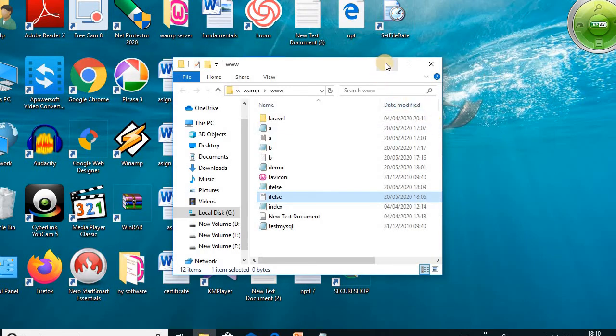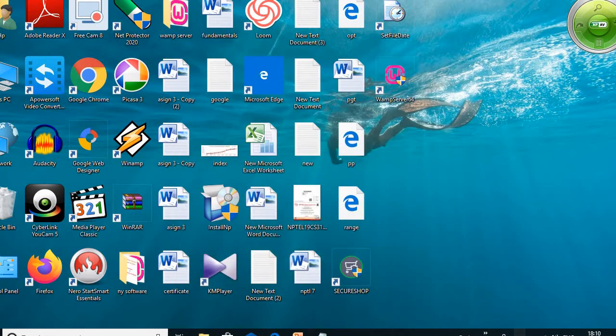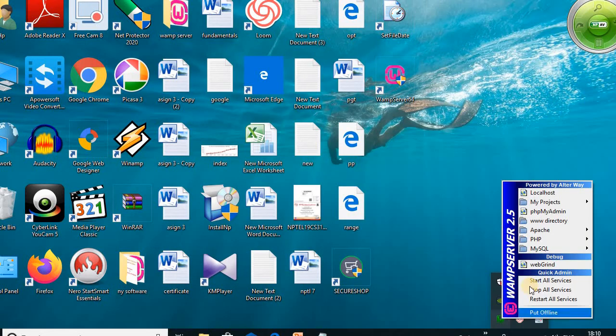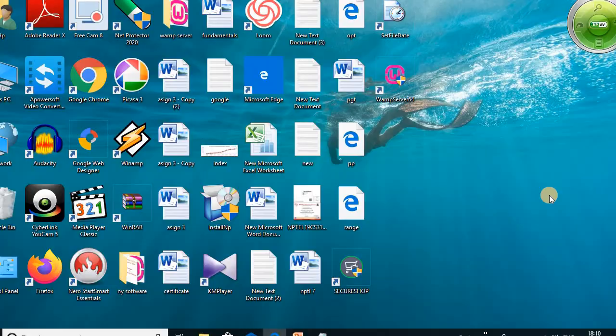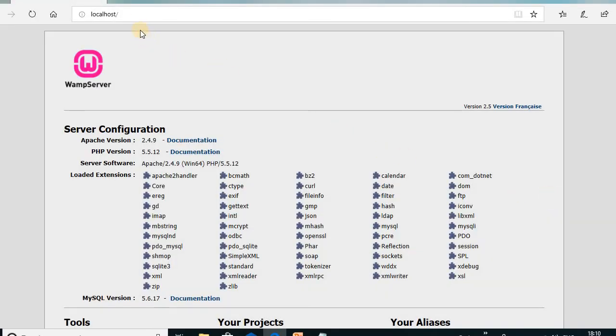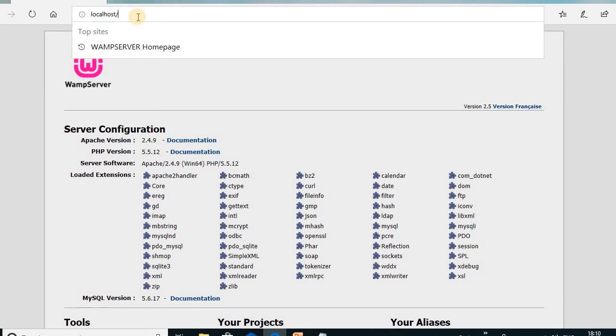So to run the program, click on the icon. Then to run the program, open the localhost. So click on the localhost. Here on the address bar, type the name of the file. The name of the file is equals.